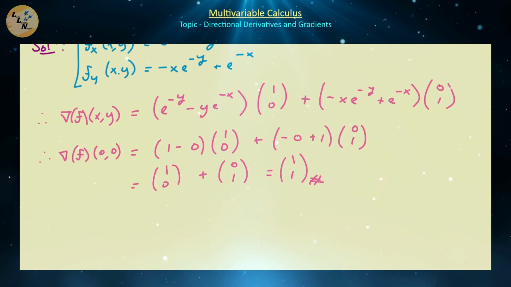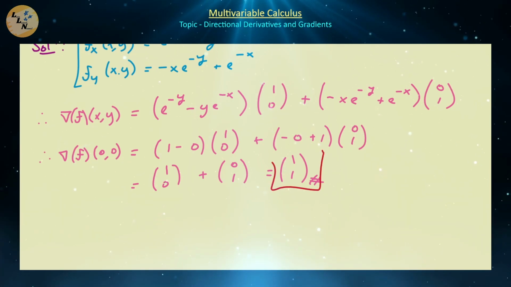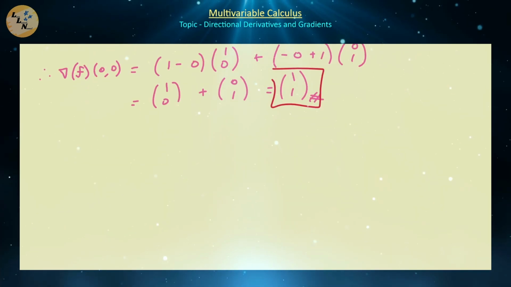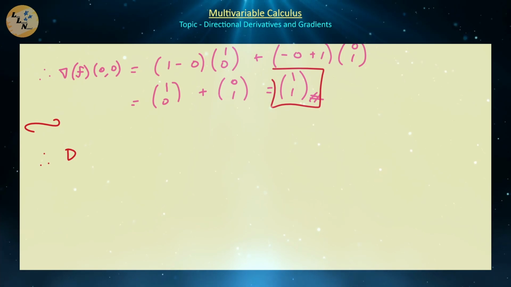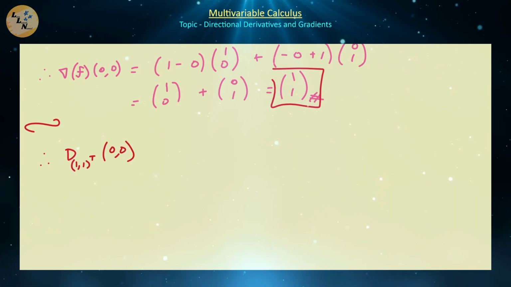Right? So we will have the maximum change in that particular direction. You choose any direction from (0, 0), and the slope is going to be less than the norm of that particular vector. So what is the slope of the curve at that point? The directional derivative in the direction of, for example, (1, 1) at (0, 0), which is going to be the maximum possible slope at (0, 0), which we've already proved,